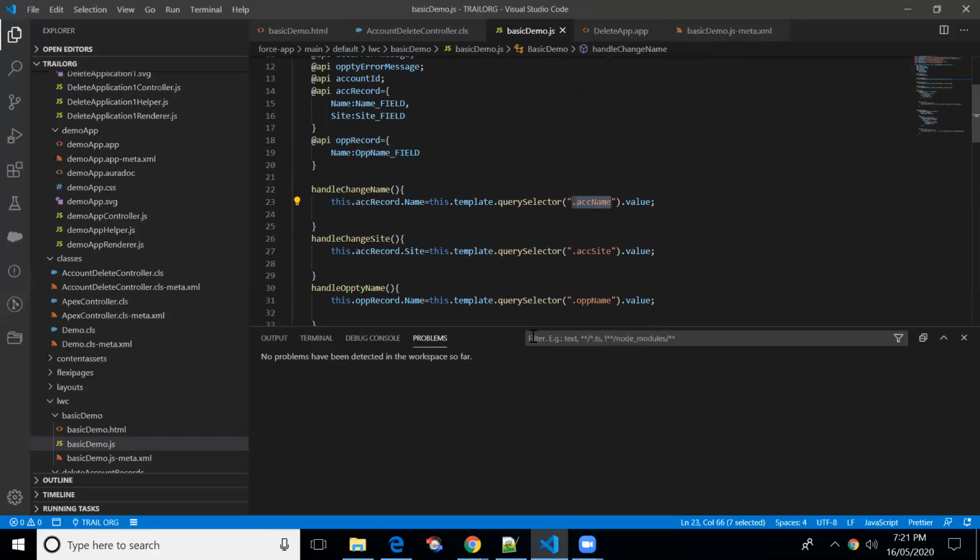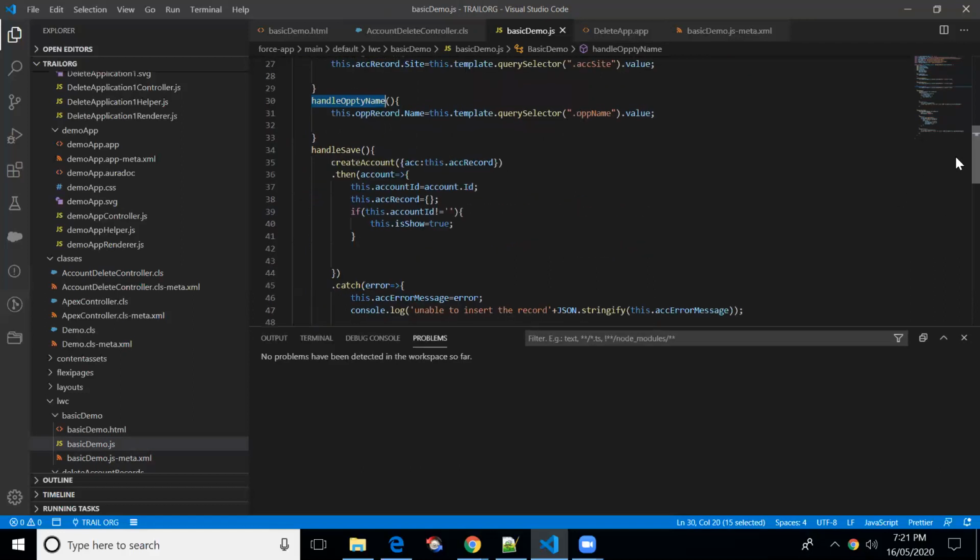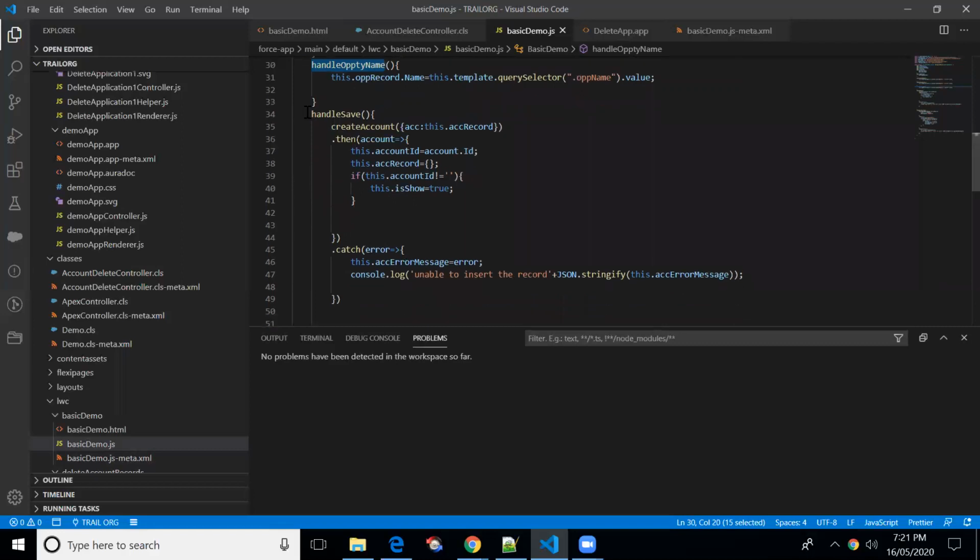So ACC name, and here for site, ACC site, and for the opportunity also the same, right? This is basically related to account save, right? Once the user clicks on save, we'll be passing the whole data to the Apex parameter, right? We'll be getting the ID and putting it to the variable. After saving the record, we'll be setting the input fields to blank, right?